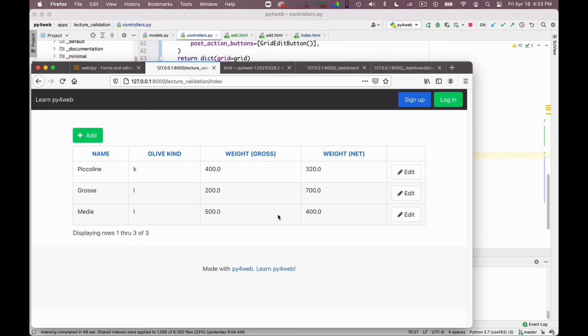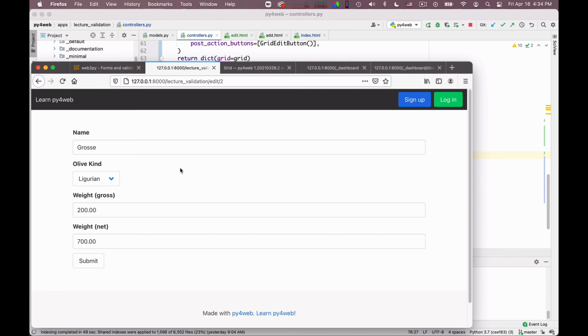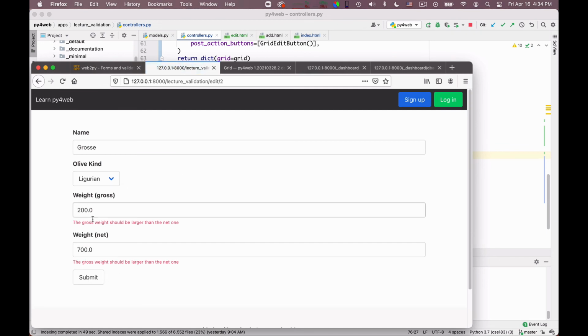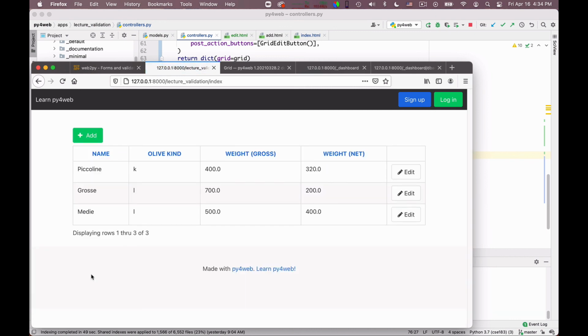Okay, then I go here, I click on one of these edit links. For example, let us fix this one that has gross and net weight exchanged. So if I click on edit, I get the form. Suppose I make no change and I just submit. Ah, now it complains, you see, because in the meantime I had added this validation. So now I can straighten this up, 700 and 200, quite watery jars apparently. Okay, I submit, and this all works.